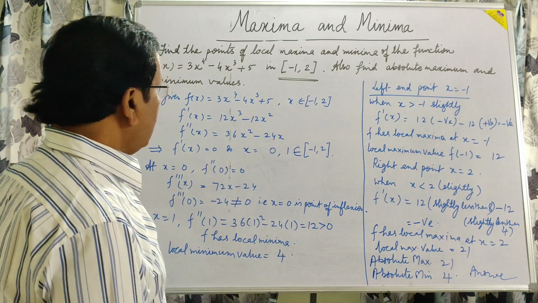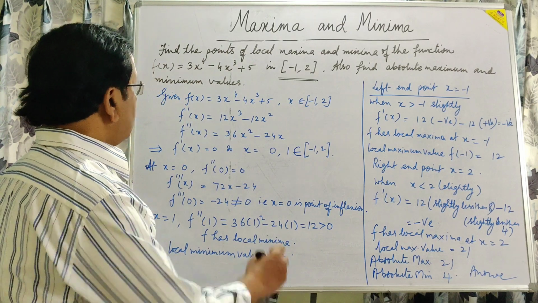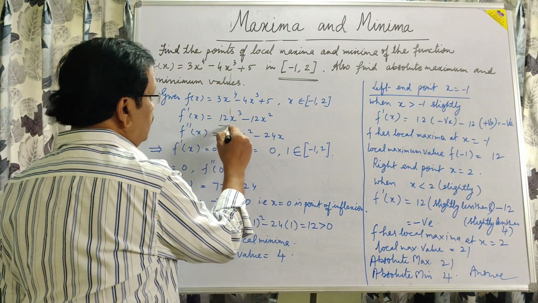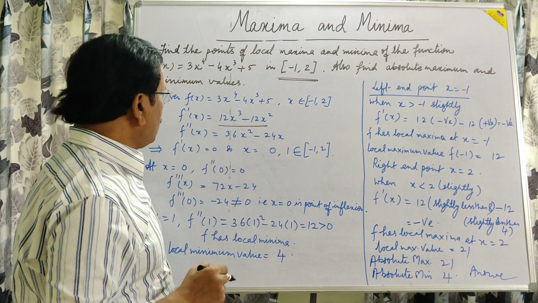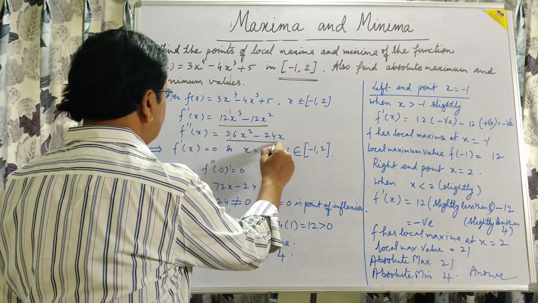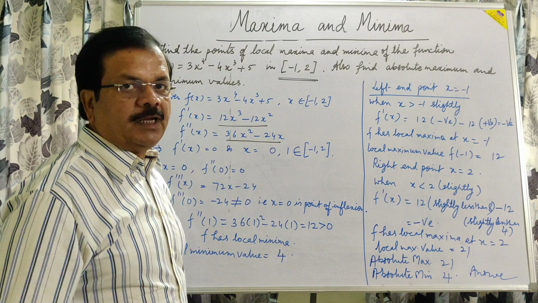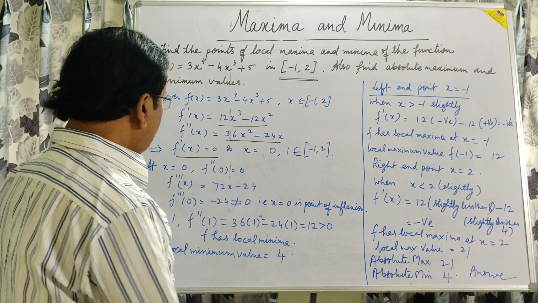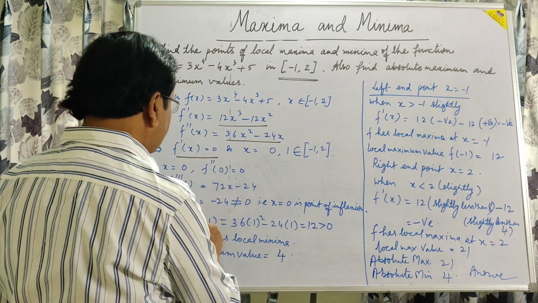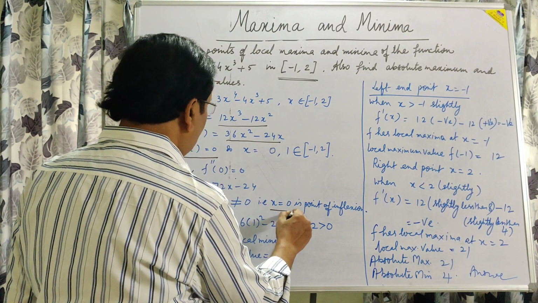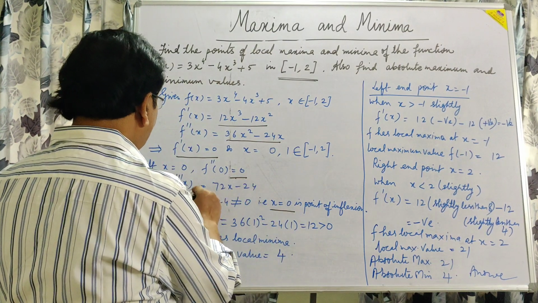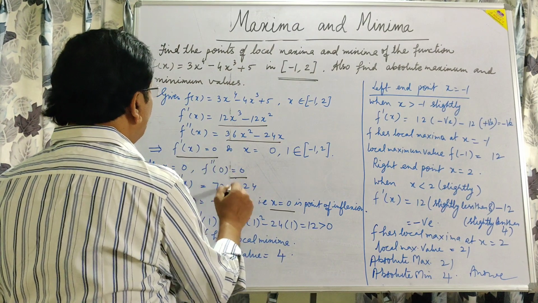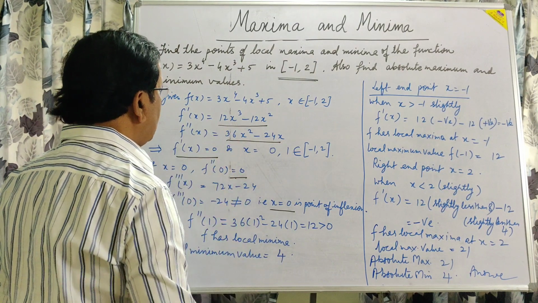Okay, now again following the same way, we'll find f dash x, 12x cube minus 12x square, and f double dash x. For maximum or minimum, f dash x should be equal to 0, and when this is equated to 0, x comes out 0. Then putting x is equal to 0 in f double dash x,